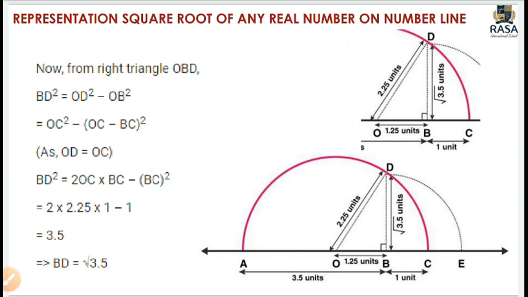If we subtract BC from OC, what will we get? OB. Okay, so what will the OB length be? It will be 1.25. So by applying the Pythagoras theorem in triangle